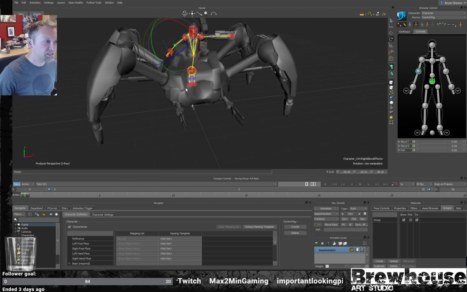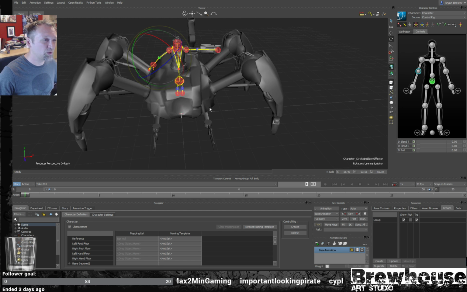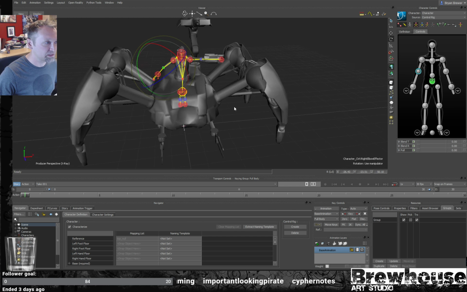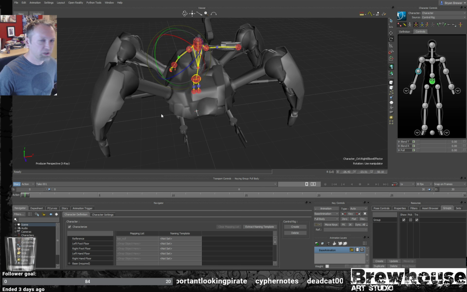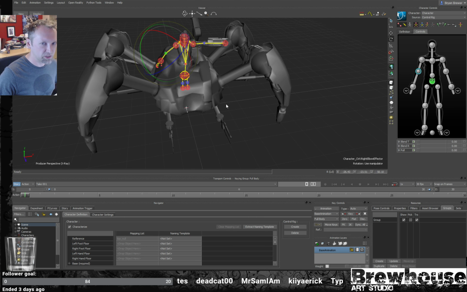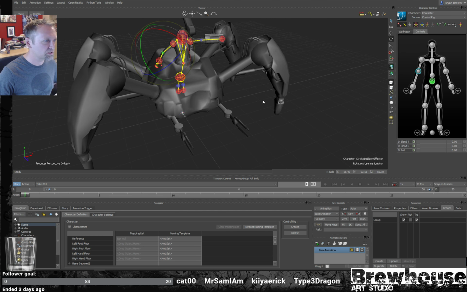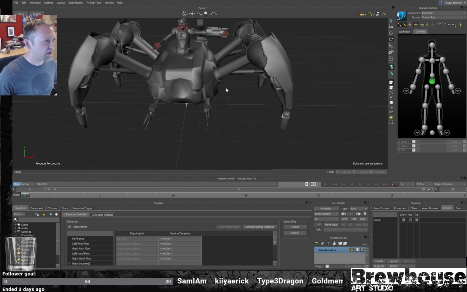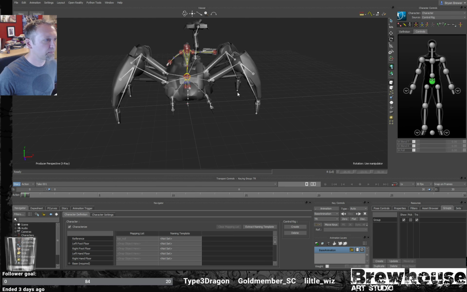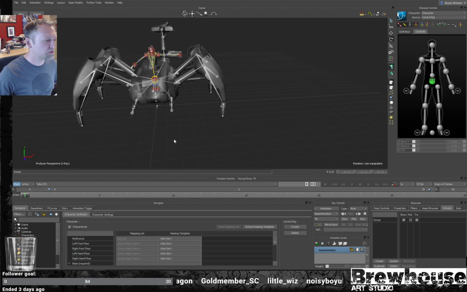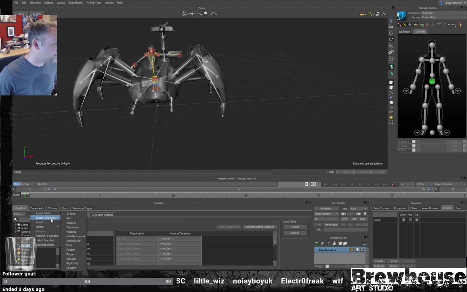So the next thing I'm going to need to do is rig these spider legs. I'm only going to do 2 of them. I've actually got a file that's already completely set up, so you can kind of see how it works after the fact. So let me turn his skeleton back on, and I'm just going to create a constraint. Insert constraint. I'm going to do a chain IK,